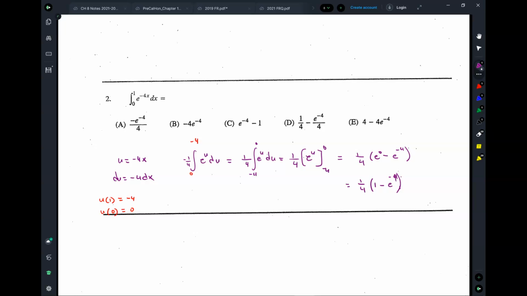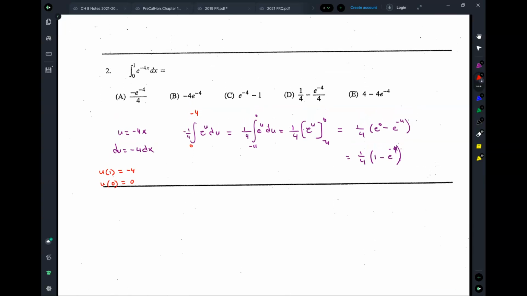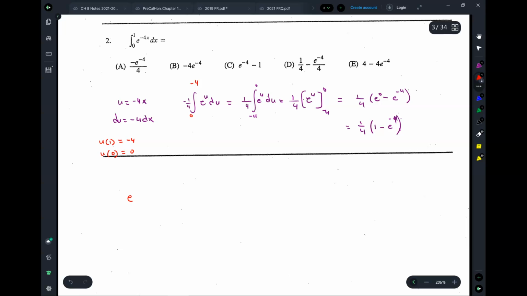So if you want to do the shortcut for this, the reason why you can do the shortcut is u is negative 4x and its derivative is a constant, negative 4. So you just take an integral of this, right? e to the blah. The integral will be, again, e to the blah. So the shortcut is, this will be e to the